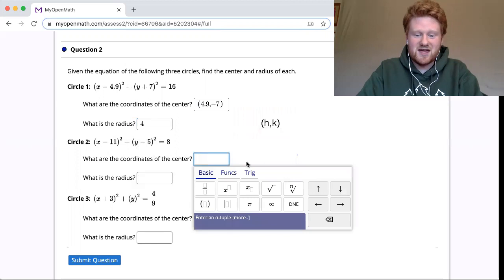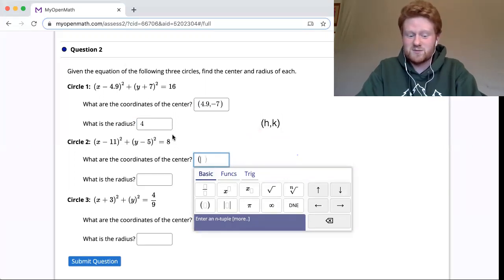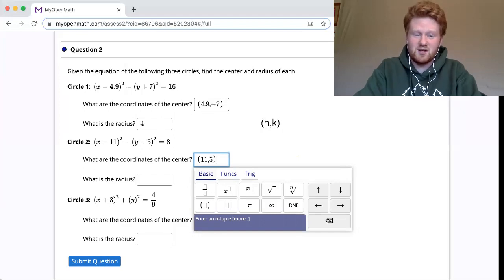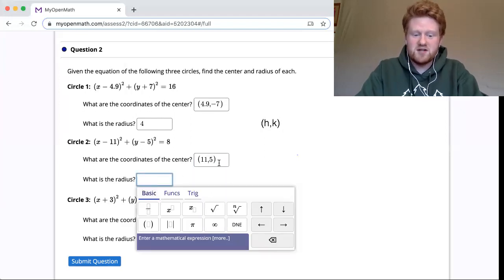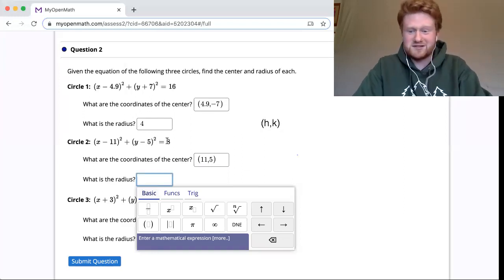So the center is pretty straightforward here because we have x minus h. We see x minus 11, so 11 must be h. And here we see y minus 5, which comes from y minus k, so 5 must be k. So the center is pretty easy. What is the radius? Here we have 8 on the right side of the equation,